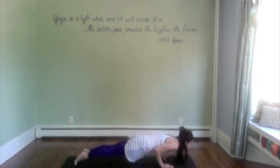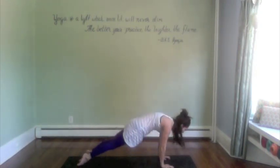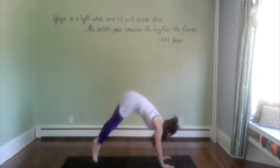Coming through a Vinyasa now, move to Chaturanga. Inhale, upward facing dog, or any variation of Vinyasa you're working on. And then in downward dog, we'll soften the knees, gaze forward, and we'll hop for a squat, so feet just